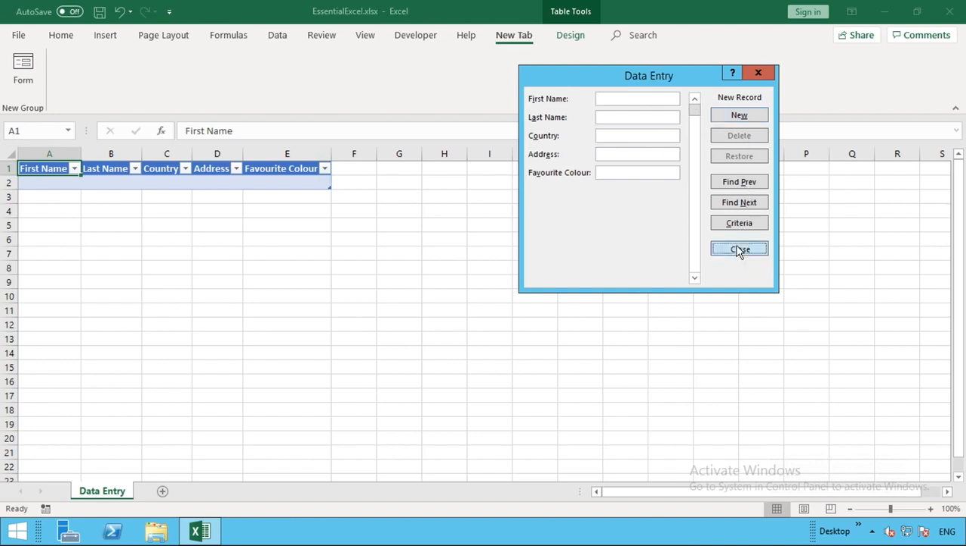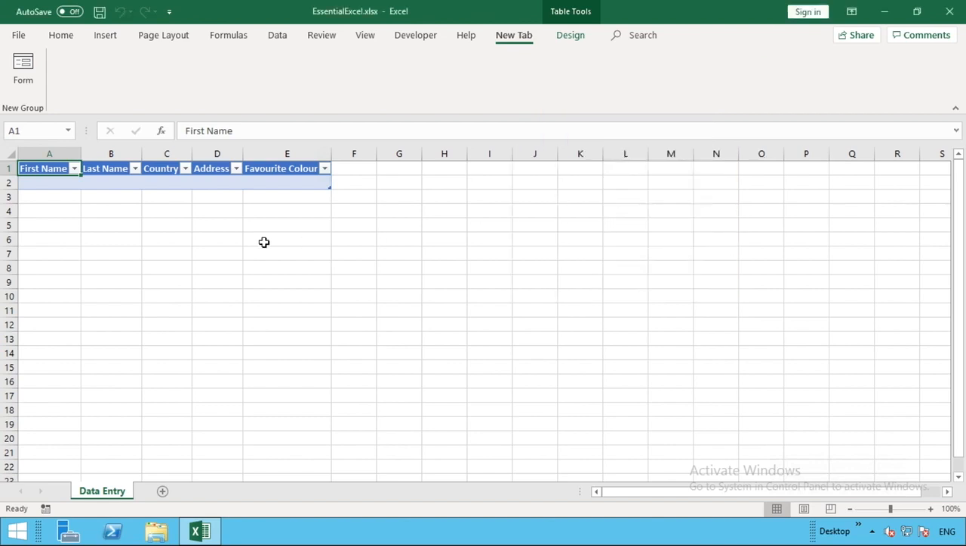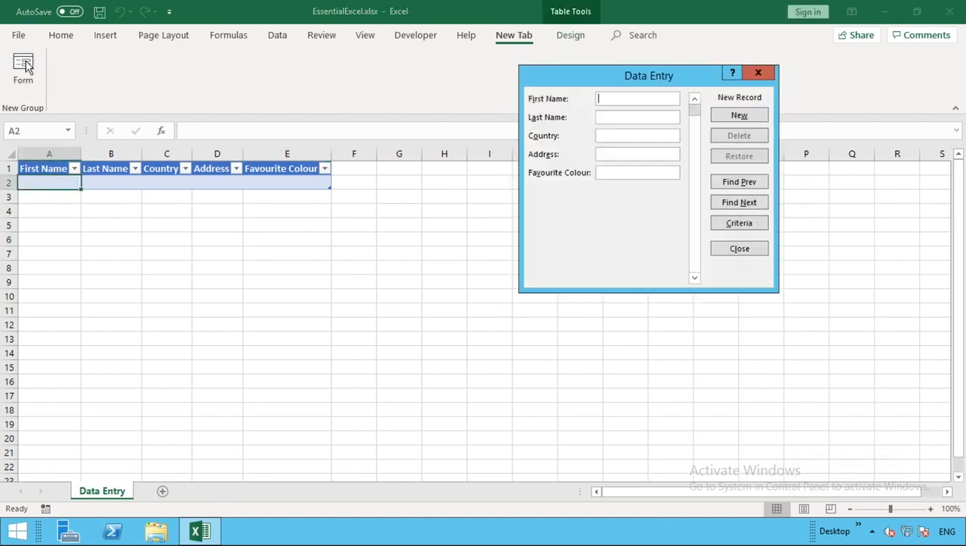So I'll quickly do that again because I did it quite quickly. So say you're somewhere randomly selected in Excel, just select into your table and then select the form button, and you will get this pop up. And then all of our fields are listed here. So I can now simply run down these and just populate some random names. So John Smith, we'll go country is in England, his address is number 1 somewhere road, favourite colour, we'll go